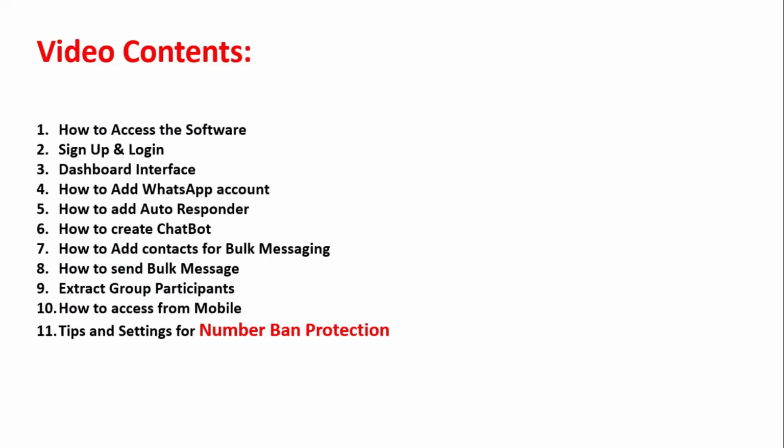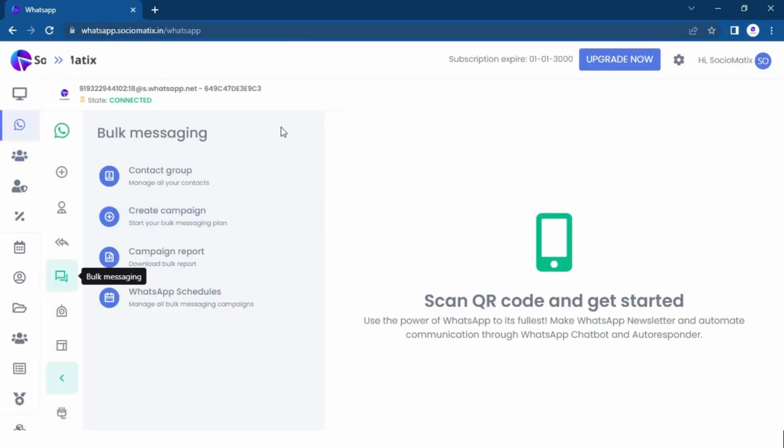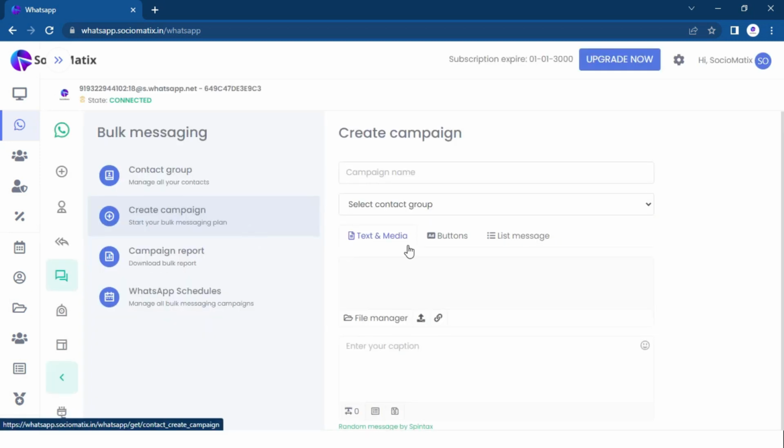Now I am going to show you the most important feature of this software, which is number ban protection. Other software in the market will not give you this feature which our software is giving, and you will definitely like it. Let us explore this feature. Suppose you are creating a campaign for bulk messaging. While creating a campaign for this, you go to create campaign and I'm typing something here. You can see here